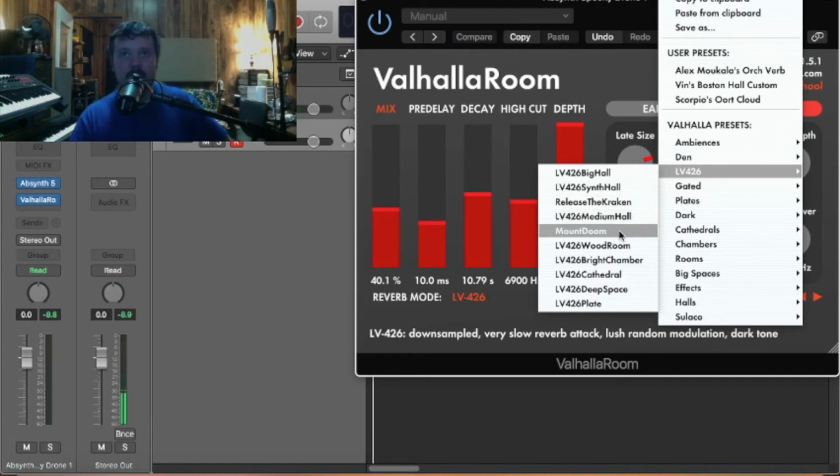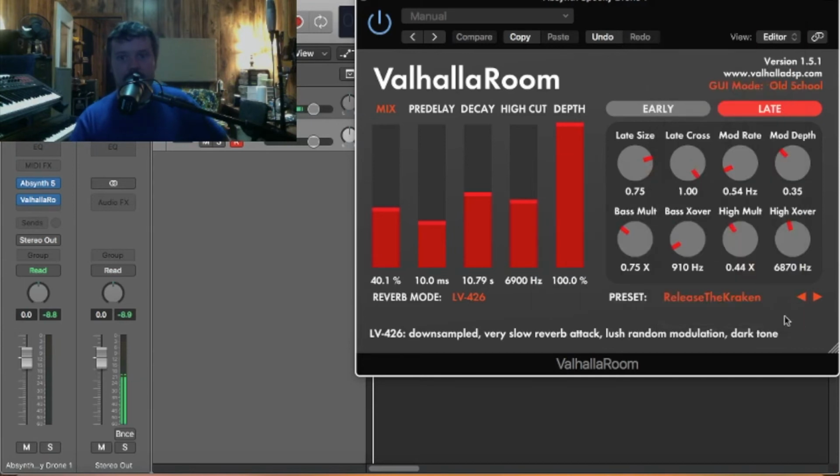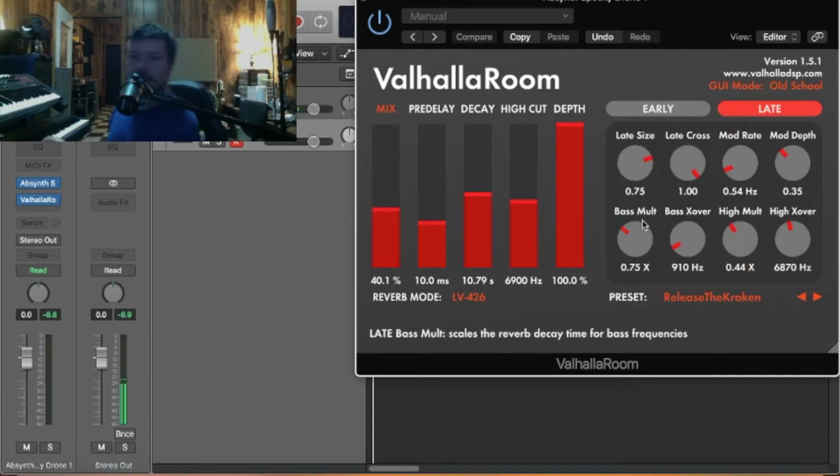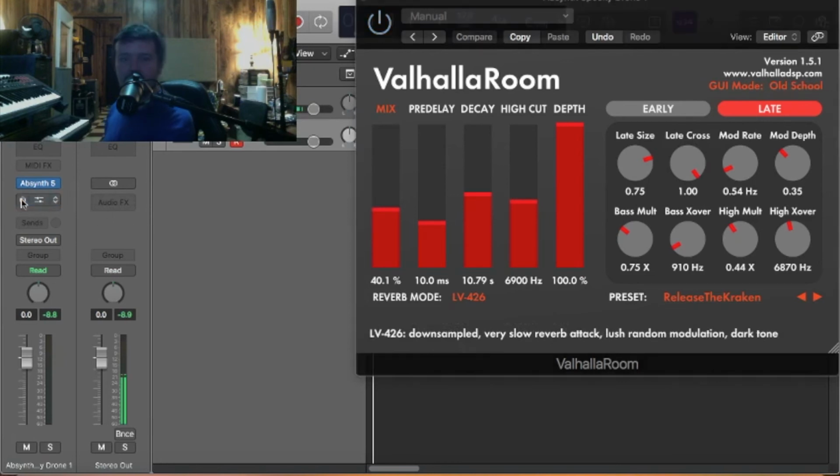because Mount Doom is a little less high-end, and high-end gets kind of splashy on drums a lot of times, so Mount Doom works a little bit better on drum sounds, but Release the Kraken works really well on a lot of sounds. So I'll let you hear it with this reverb. So without the reverb, with the reverb,